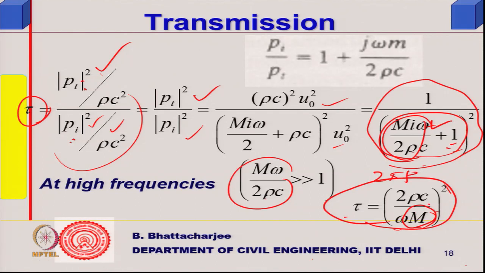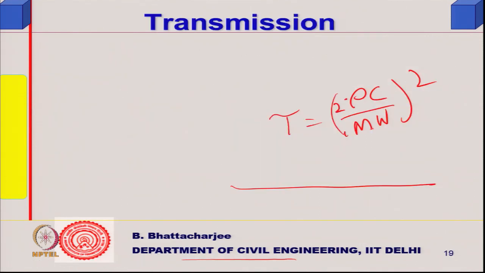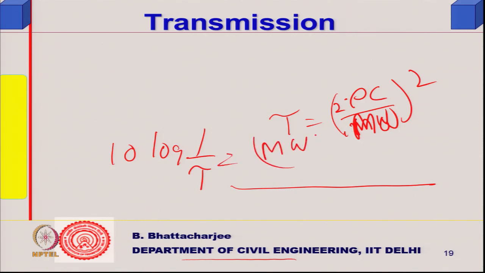Okay, let us go: 2 rho c by m omega square. So, 10 log 1 by tau would be 10 log of m omega square divided by 2 rho c, which will be simply 20 log